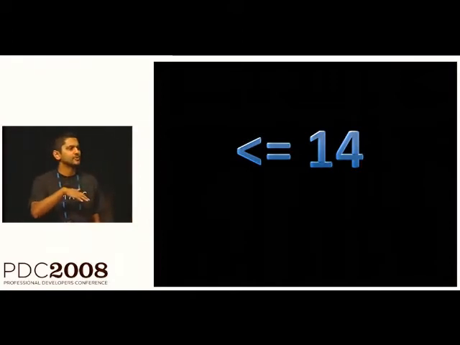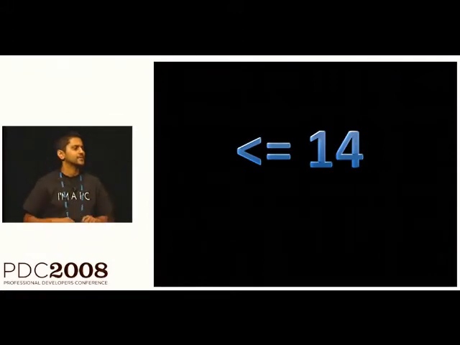Anyone know, as far as the taskbar goes, what would be less or equal to 14? I mean, throw out some ideas. Obviously, I'm not expecting anyone to definitely get this right, but less than or equal to 14. Any guesses what that would be? What user data would that be about the taskbar? The number of windows running.